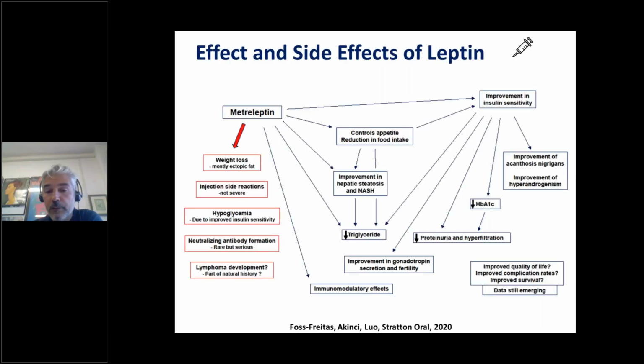We do not have much time to discuss the details of the treatment, but I think it's important to stress that with metreleptin, we can very well control high triglyceride levels, we can improve glycosylated hemoglobin, we can protect the kidney, we can definitely improve insulin sensitivity and reduce appetite. This is also usually accompanied by an improved sense of well-being and also the reduction of this chronic pain, which is frequently reported by our patients.